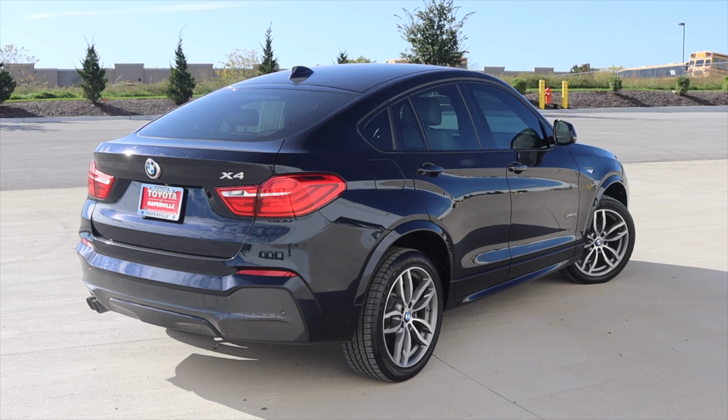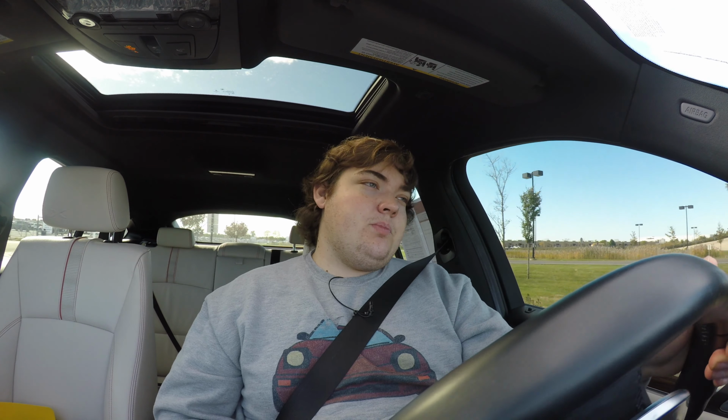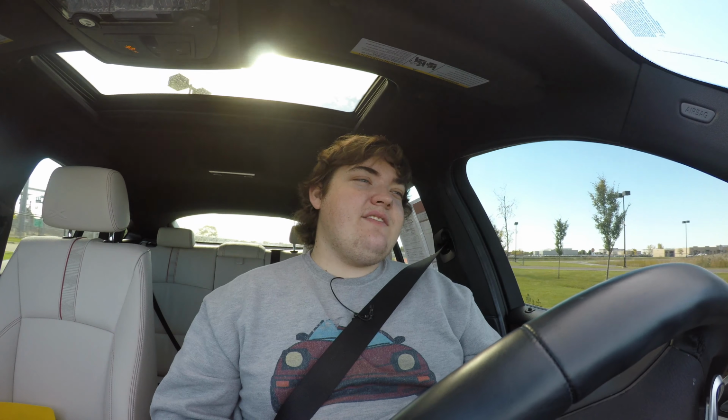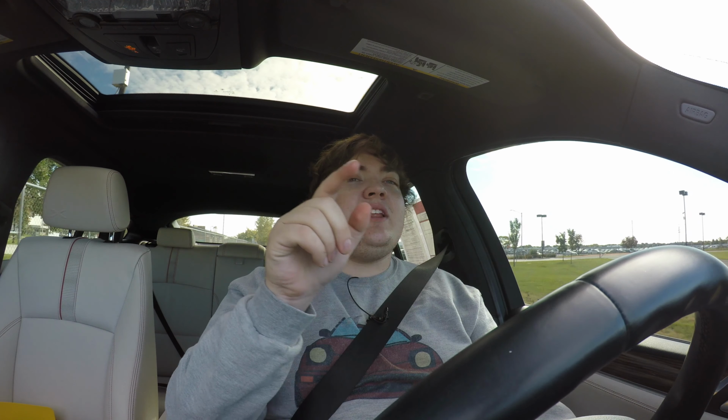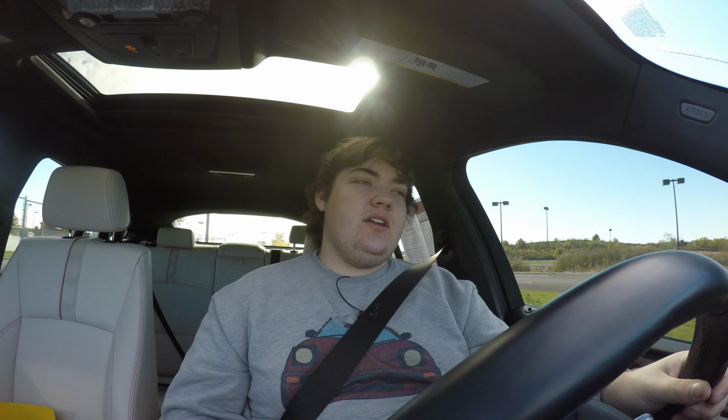BMW? Why do you make this vehicle? Why do you make this SUV? Why is this a thing? Because look at BMW's lineup. They have 7 different SUVs. Why? And actually, at the time of filming this, they just announced the other day, I think it was